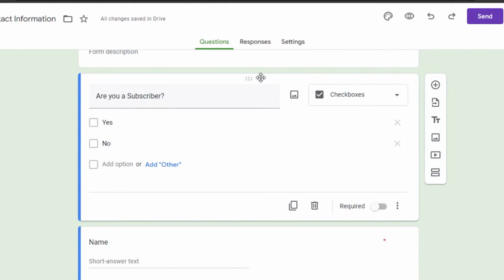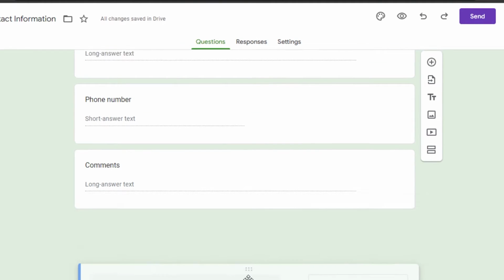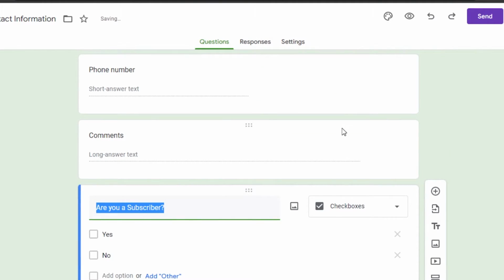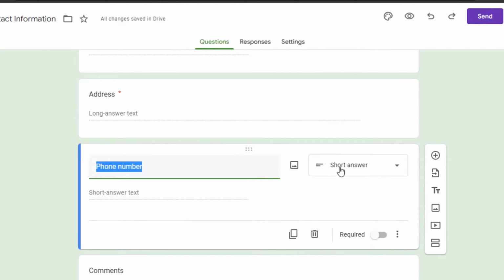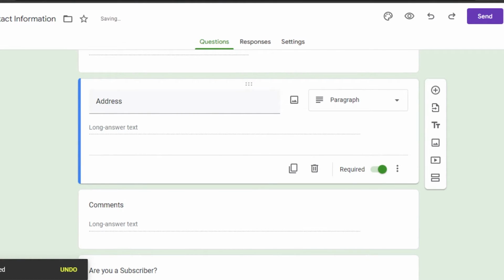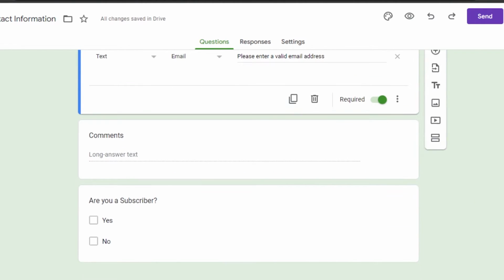Now, what I will do is I will actually drag it and drop it right here after the comments. Second of all, there is the option of phone number. So I don't want that. I don't want their phone number. So what I can do is I can delete this section. There you go. Then we have address. I also don't need address, so I will delete it. But you can go ahead, and the template already will have name, email, address, and you can just simply go with that. Then we have the comments, and then we